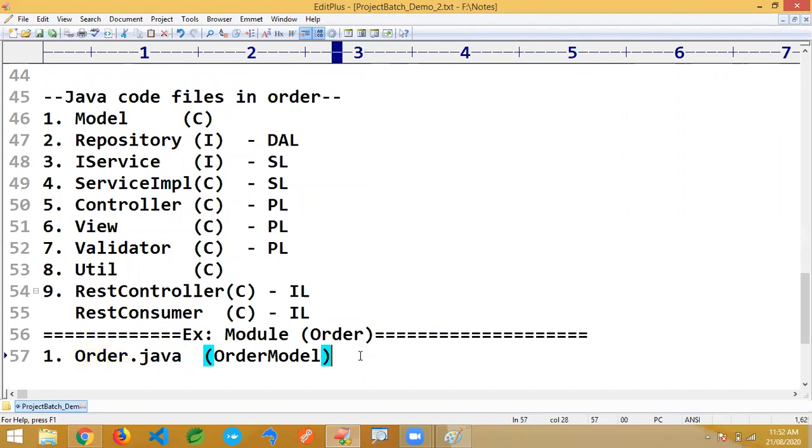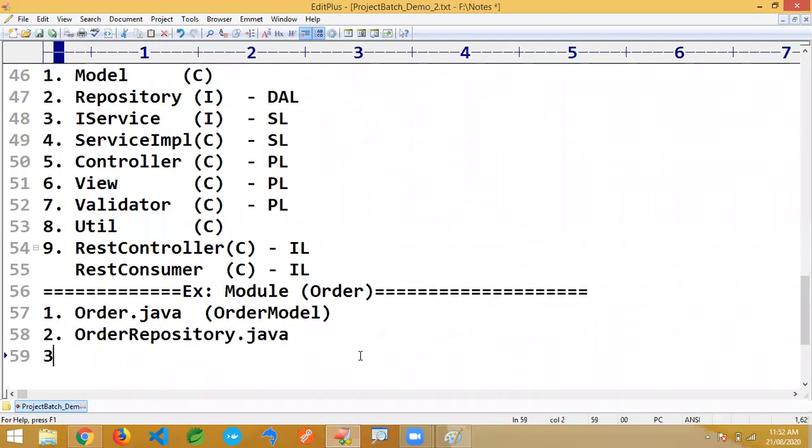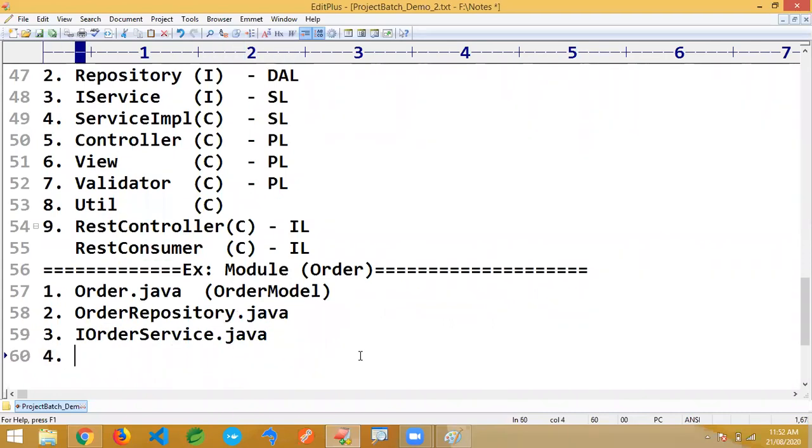Next one, it's a repository: OrderRepository.java, but it's an interface. Next, OrderService. It's a naming convention I just follow. Next one, OrderServiceImpl.java.